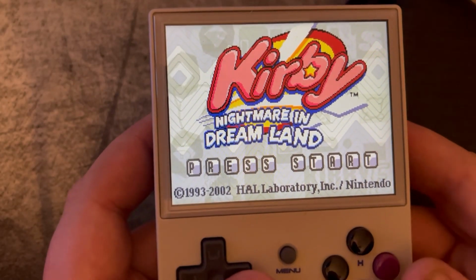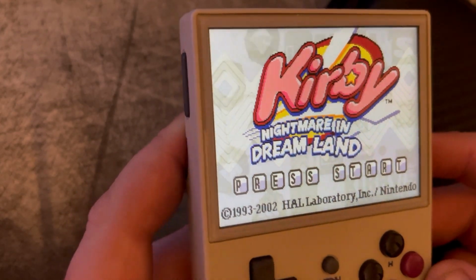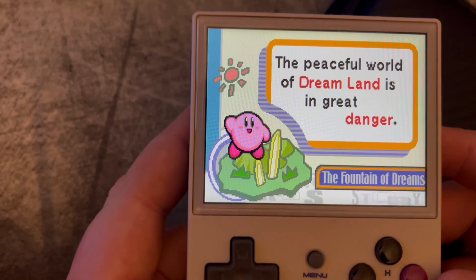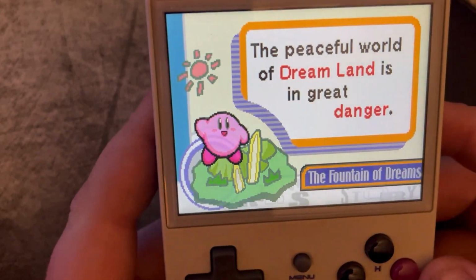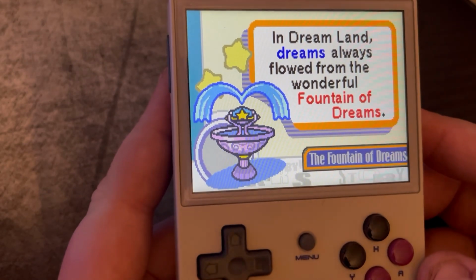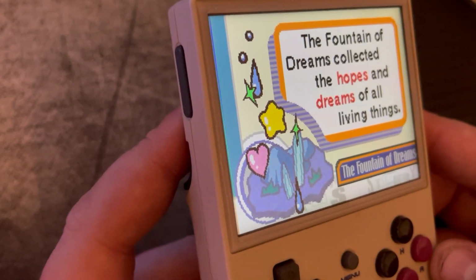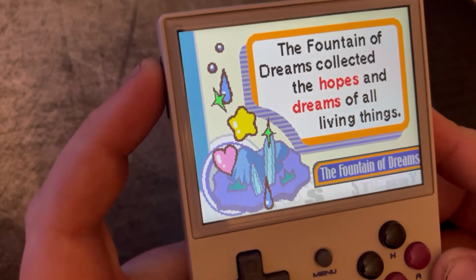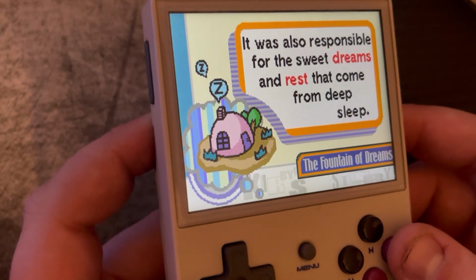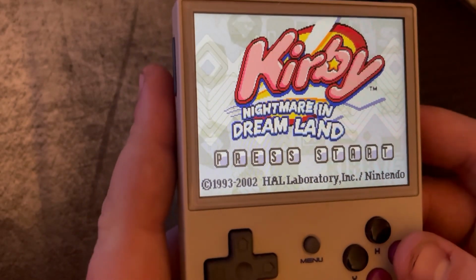So one thing I'll mention is that this device actually has an IPS screen, and I'll tell you now, the camera on my phone does not do justice to how good it actually looks. This is like pretty much what everybody who mods a Game Boy is doing to them, putting these screens in them, and you can obviously tell why. They look really good. Let me turn off the light. They make Game Boy Advance games look like new indie games or something,